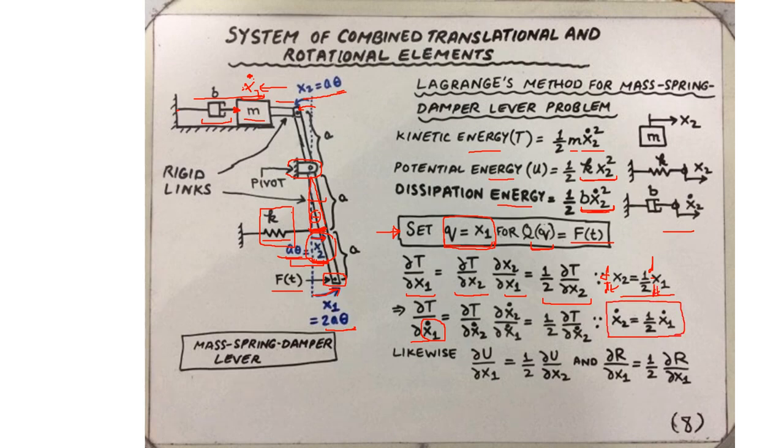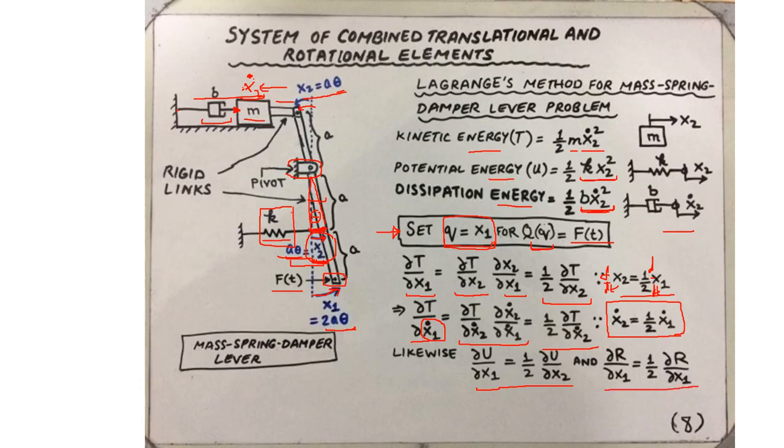So again, splitting this expression using chain rule gives us the partial derivative of kinetic energy with respect to x2 dot times partial derivative of x2 dot with respect to x1 dot. And that is half times partial derivative of kinetic energy with respect to x2 dot. And finally, partial derivative of potential energy with respect to x1 is just half of partial derivative of potential energy with respect to x2,